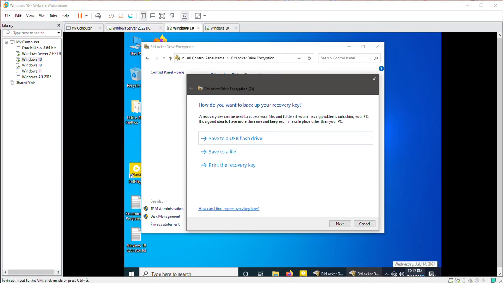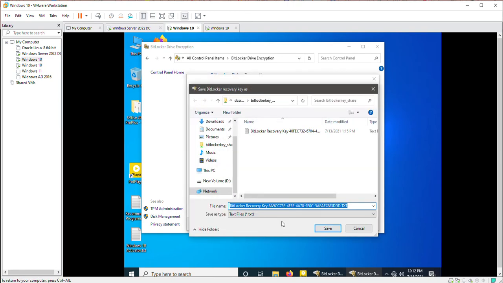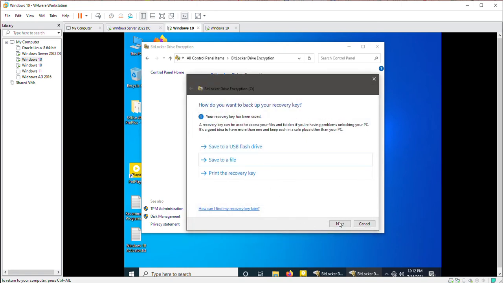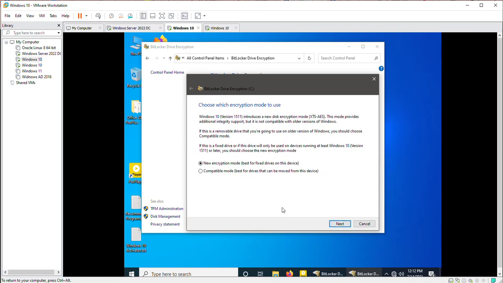So I'm just going to click on save to a file, and see, this is going to be saved on the shared path which we have specified while configuring the group policy. So I'm going to click on Save